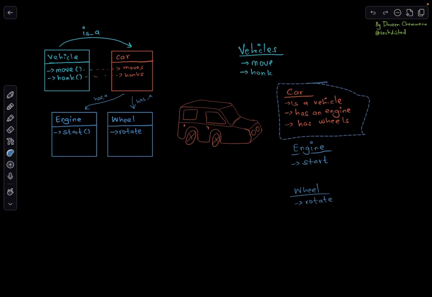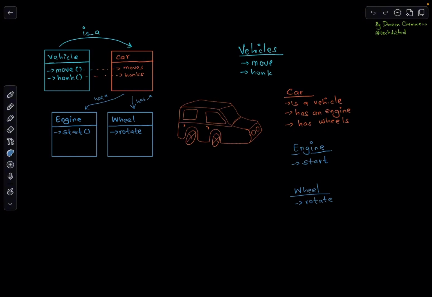You can think of any vehicle, a car, a saloon car, I guess. I do not know cars well, but I know enough to know the basics. All vehicles move and all vehicles honk. Then I also know that a car has an engine and it has wheels. So therefore,